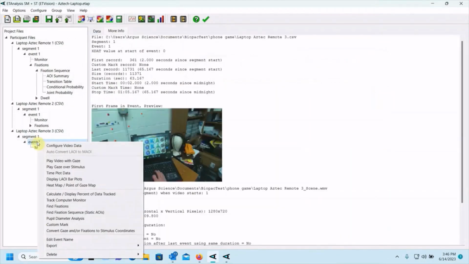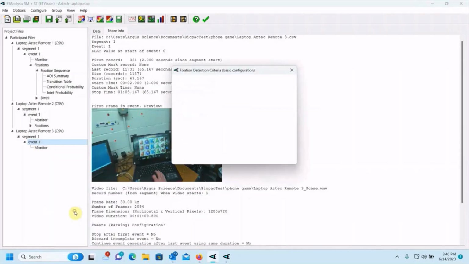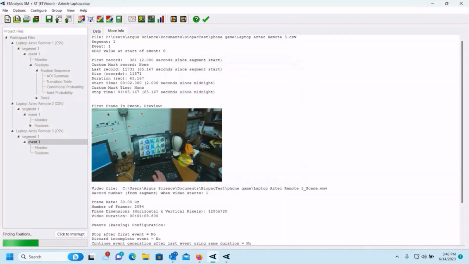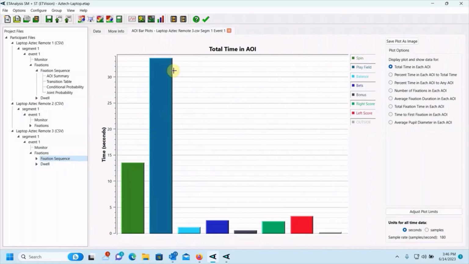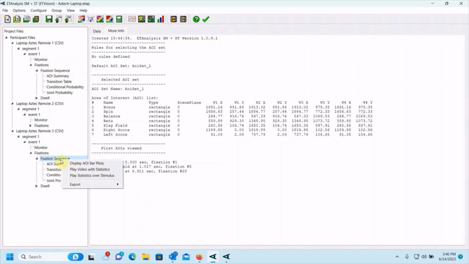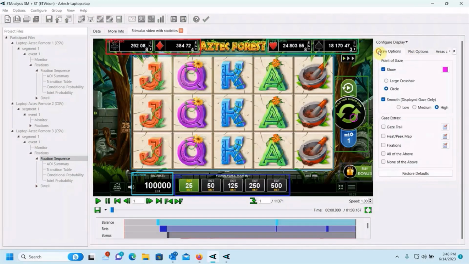So now we can just come in and tell it to find a fixation sequence. We're going to convert those gaze points into fixations, and we can then come in and look at our AOI bar plots. They tell us total time in each area of interest. We can see time to first fixation, average pupil diameter, number of fixations, average fixation duration, all sorts of things. You can save any of those graphs for reports. And we can also play the video or play the gaze over the